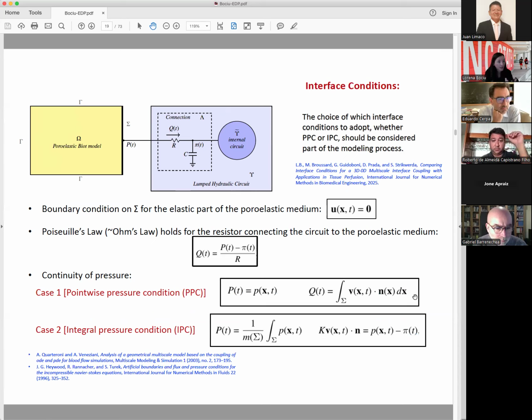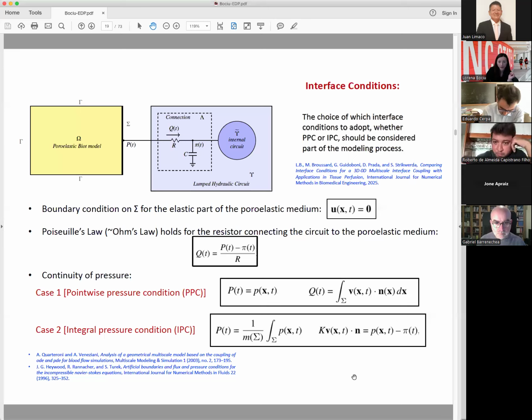They came from the physics of the problem, but at the same time, looking in the literature, we found out that these were similar to what was used before in the multiscale strategy when they couple the Stokes or Navier-Stokes with ODE systems, okay? You can find that in the paper by Quarteroni and Veneziani, where they describe these so-called natural interface conditions, which were inspired by a paper by Haywood, Rannacher, and Turek, artificial boundaries and flux and pressure conditions for incompressible